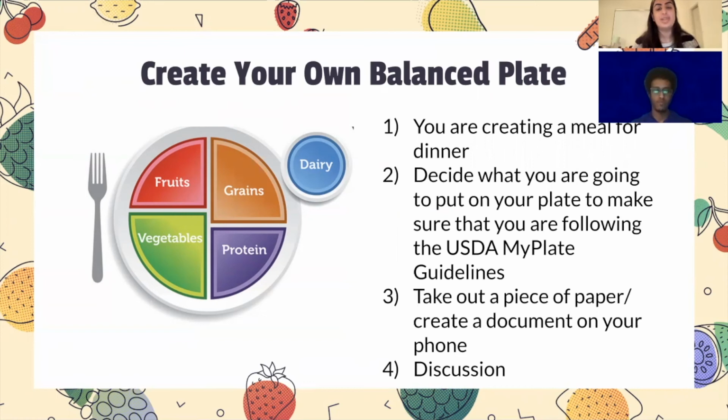So what I want you to do is take a piece of paper, pause the video, get a document, anything you want, and put out this plate and put all the foods you're going to put on this plate to make sure it's a really balanced meal. Take what you learned from Abel about the 5 food groups, take what you learned with me about how much you should be putting on your plate, and take a few minutes and just try to make your own meal and see how that turns out. So pause the video, take a quick second, and then Abel will come back with his example.